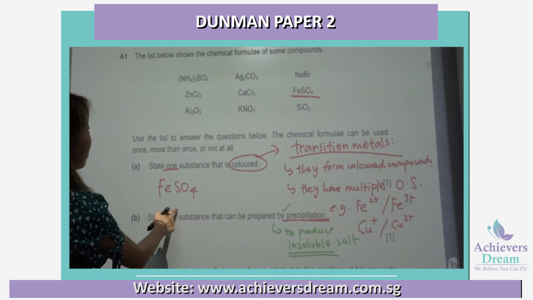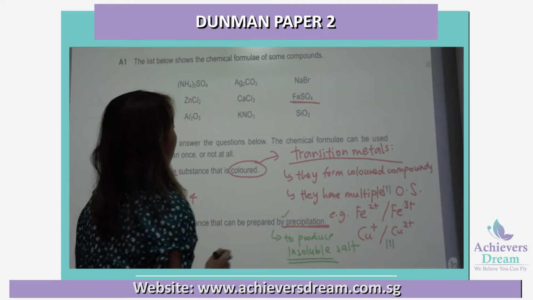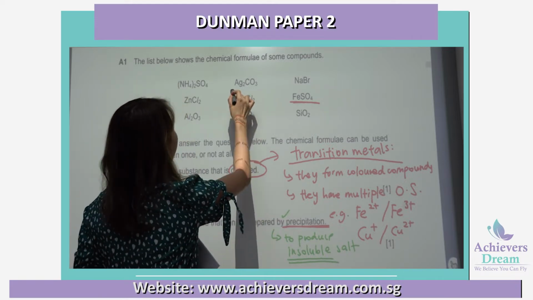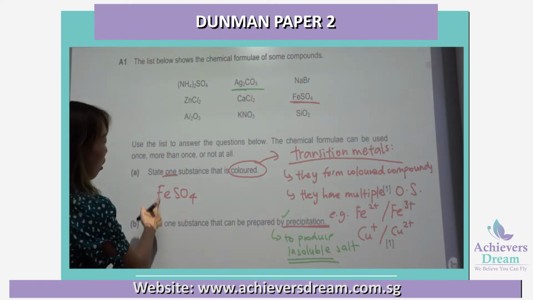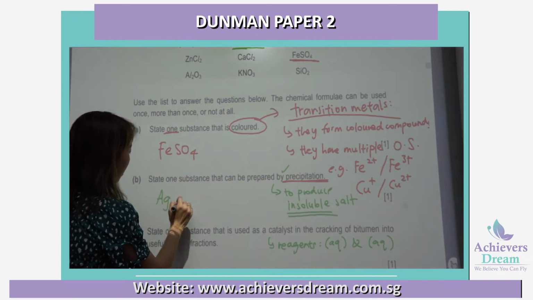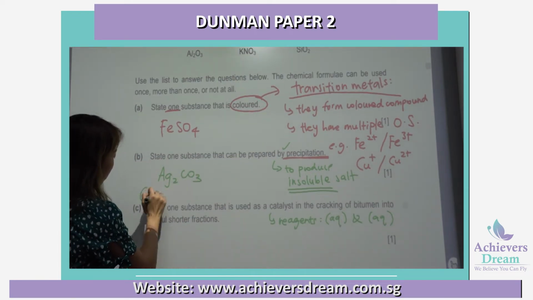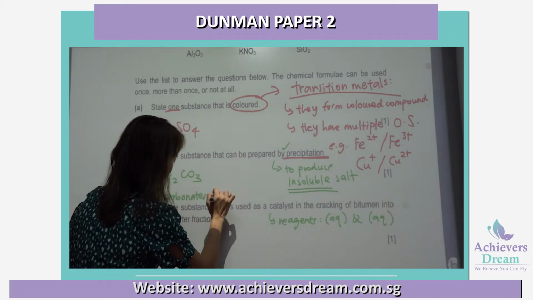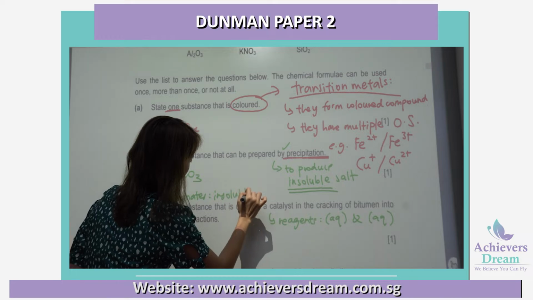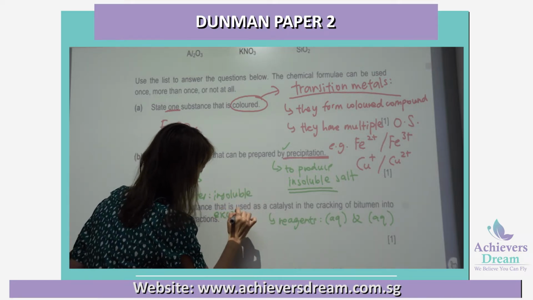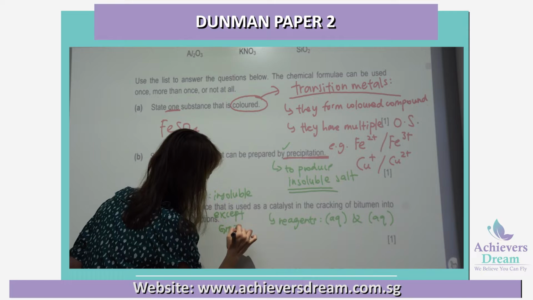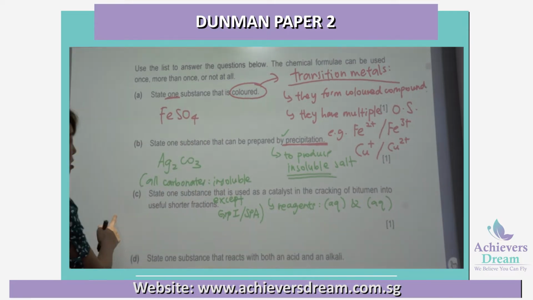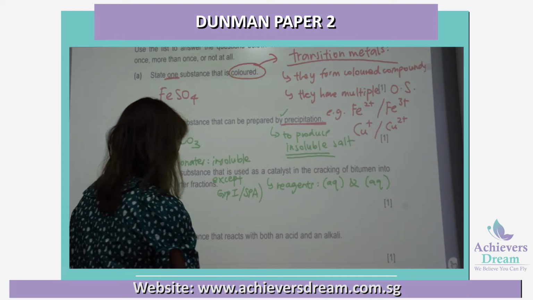Okay, so I need to find an insoluble salt, which is silver carbonate. Remember, all carbonates are insoluble, except for my group 1 or SPA. Correct? Okay, part C. State one substance that is used as a catalyst